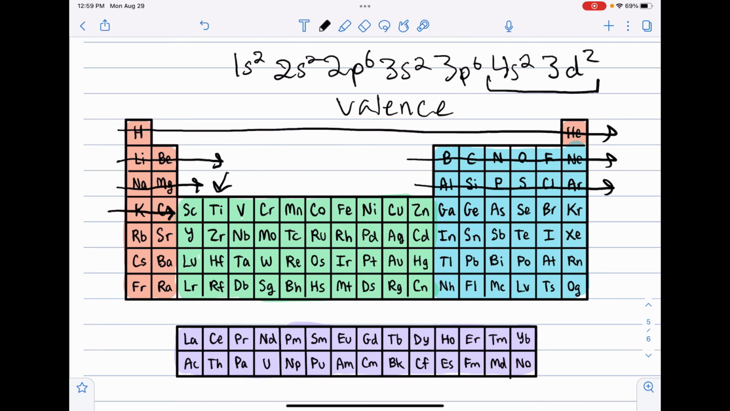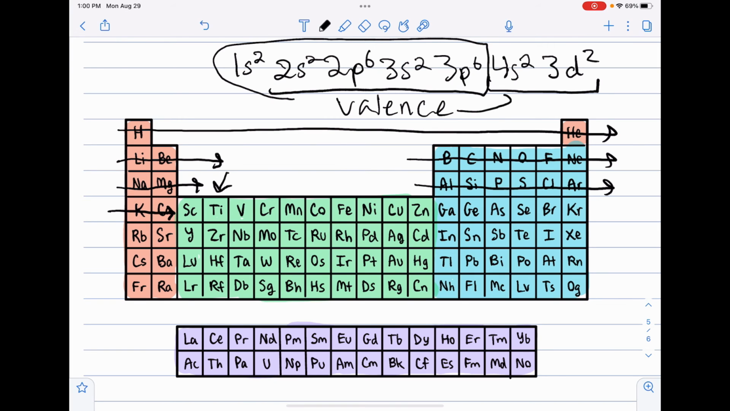Usually, we only count the s and p as valence electrons because the d's are set back 1. But in transition metals, aka the ones that actually end on a D, the green guys here, we count the valence electrons from the D as well. So these are valence, and we call these the core electrons,